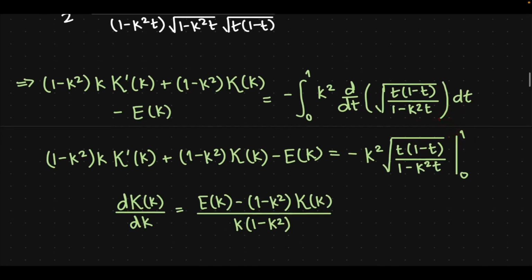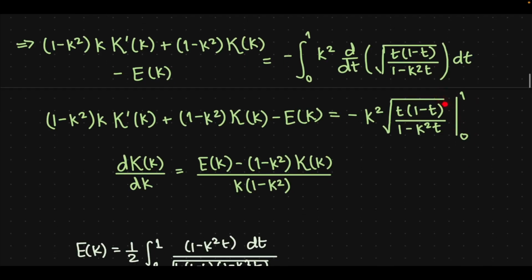And by the fundamental theorem of calculus, this is just minus k squared times the original function inside, which is square root of t times (1 minus t) over (1 minus k squared t), evaluated at 1 minus evaluated at 0. But it so happens that if you evaluate it at 1, you get 0, and if you evaluate it at 0, you also get 0. So the right hand side is identically 0,